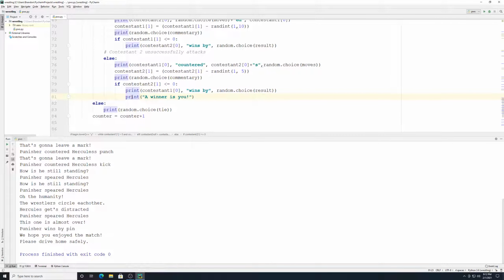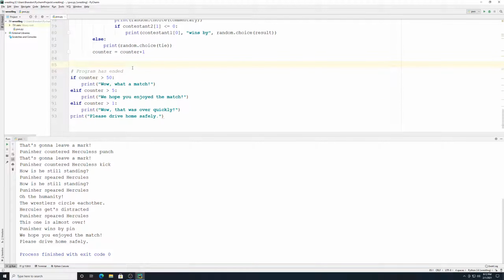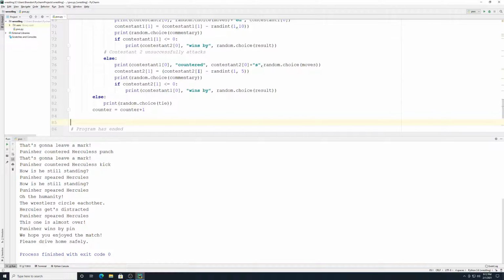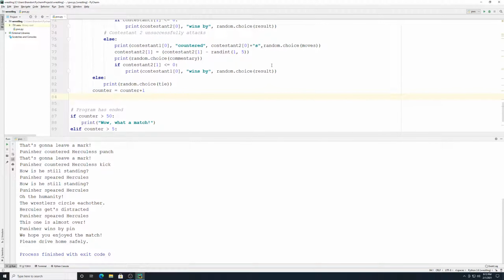Why wouldn't that work? Oh, duh. Okay, so yeah, I forgot. So probably what I would do here, because I don't want to put that in multiple times, then I could just go... Yeah, I would have to put it in each one of those. So we could go wins by,